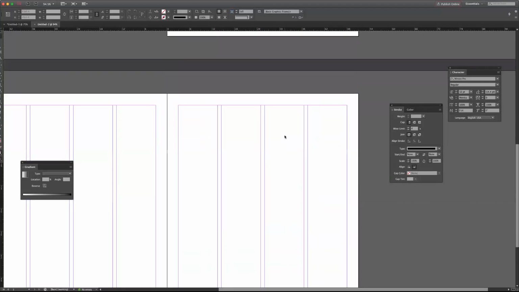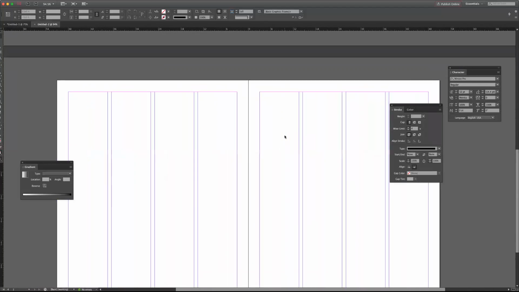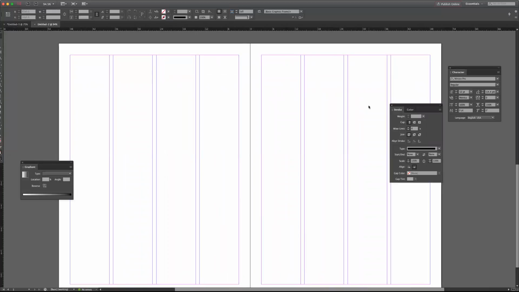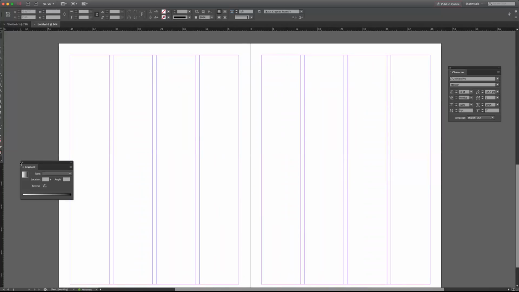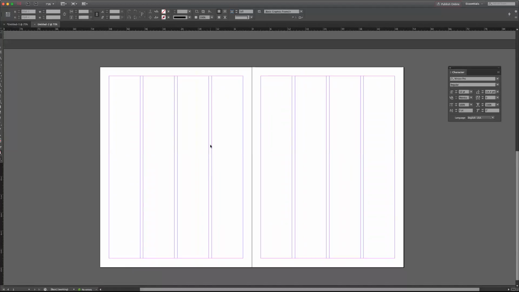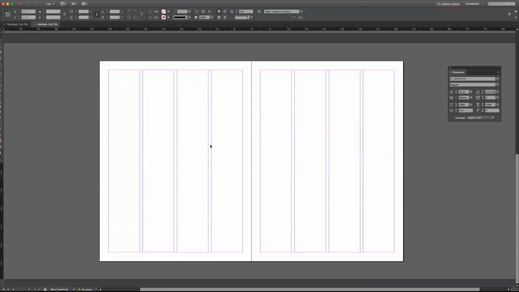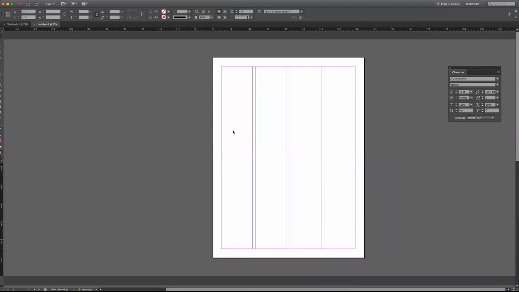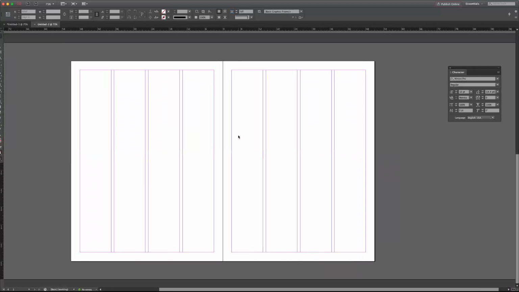So as we scroll down, you'll see here's our double truck or our 2-page spread. Close out of here. All right, so as I zoom out, you can see why we needed the 3 pages, because one is usually the cover and then the inside pages. And this is what we want.